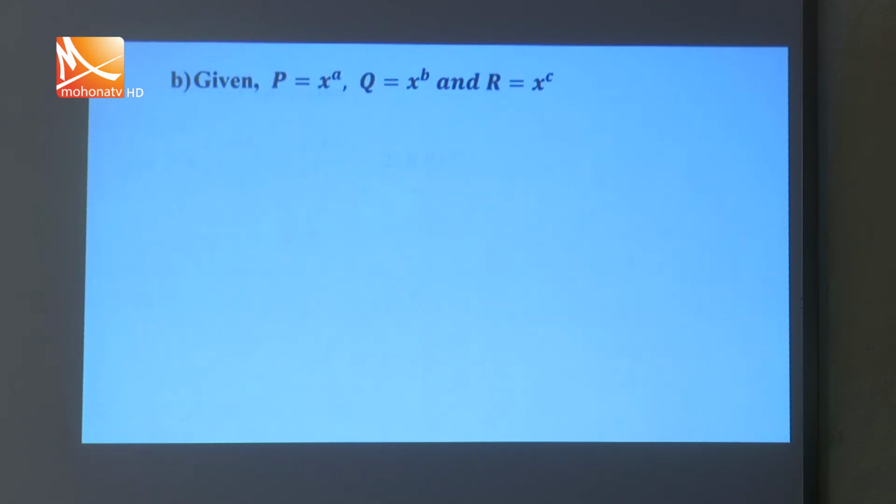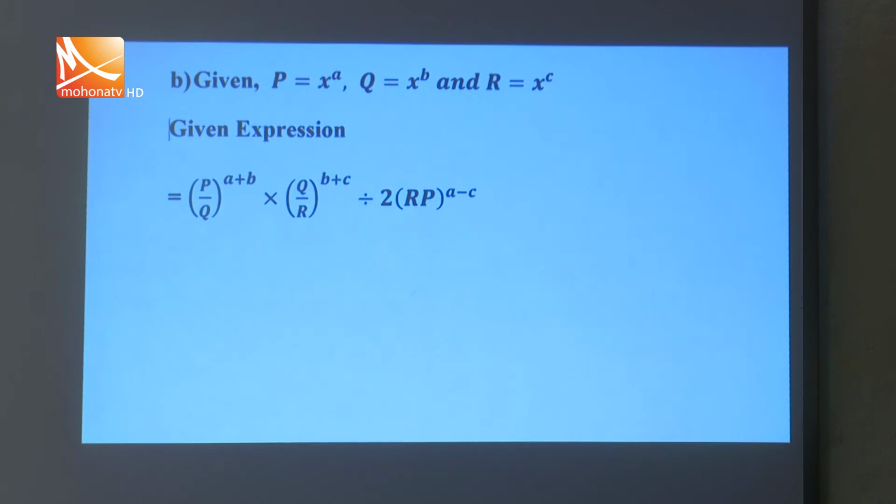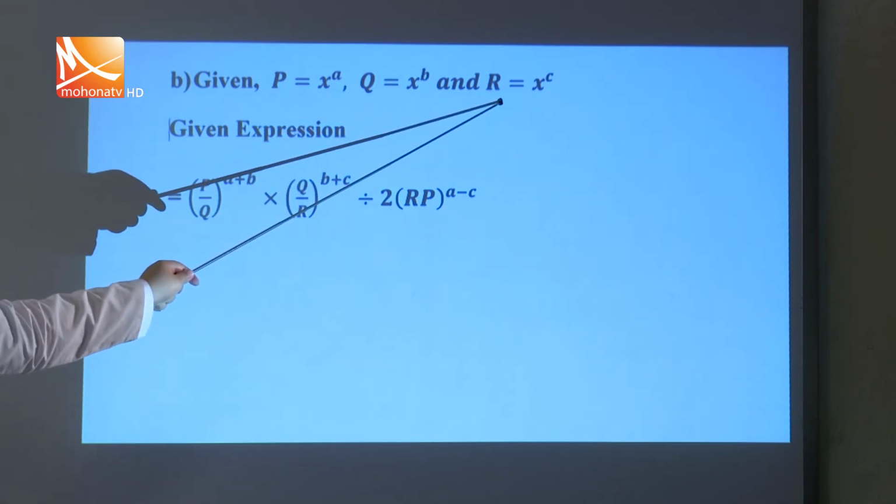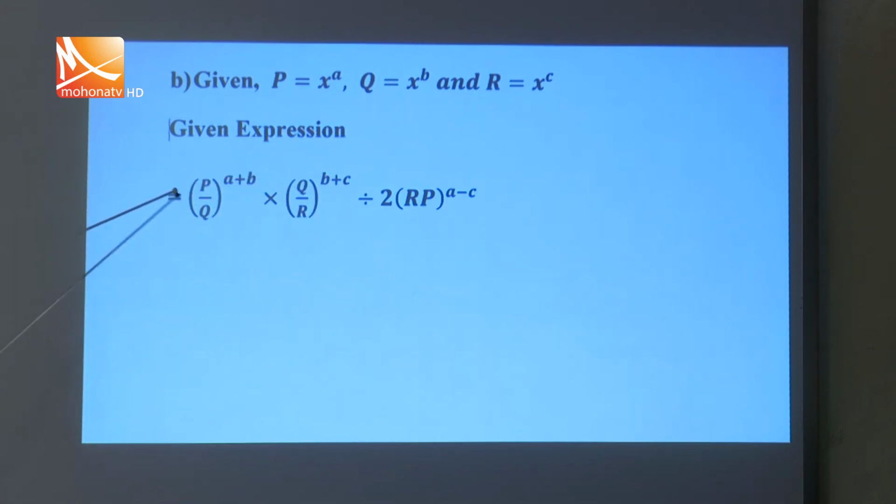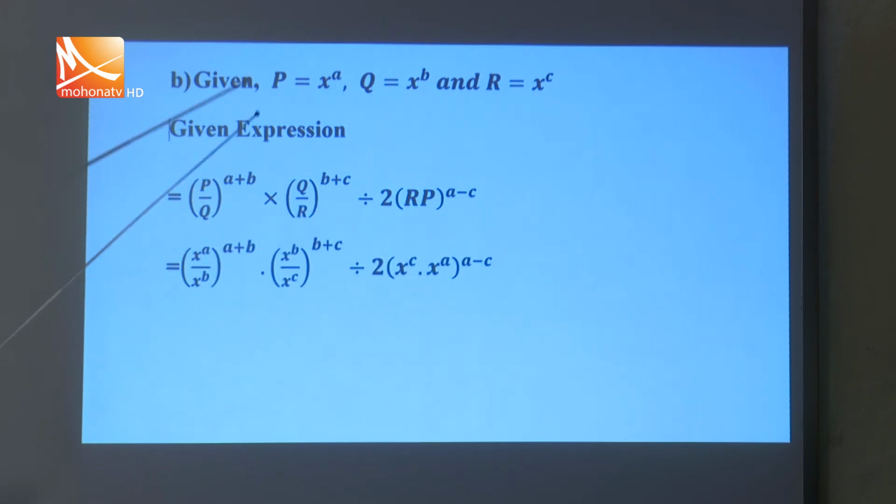In our second question, we have a given expression and we have to find the value of this. So given p equal to x to the power a, q equal to x to the power b, and r equal to x to the power c, and we have a given expression. So we can use the values of p, q and r in these places. So if we put p equal to x to the power a, q equal to x to the power b,